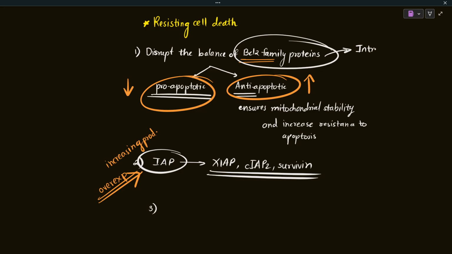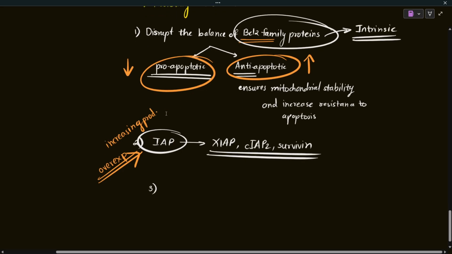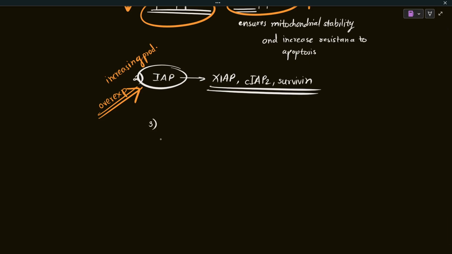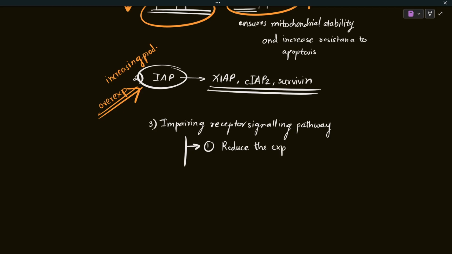The third mechanism: disrupting the balance of BCL2 family proteins affects the intrinsic pathway, the mitochondria mediated pathway. There's another way that can affect the extrinsic pathway, and that is impairing the receptor signaling pathway. You can impair the extrinsic pathway by dysregulating the receptor activity or underexpressing the death ligands. There are multiple ways to impair receptor signaling. Either you can reduce the expression of death receptors, or you can reduce the expression of death ligands,